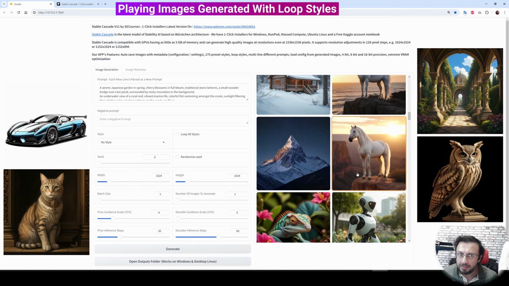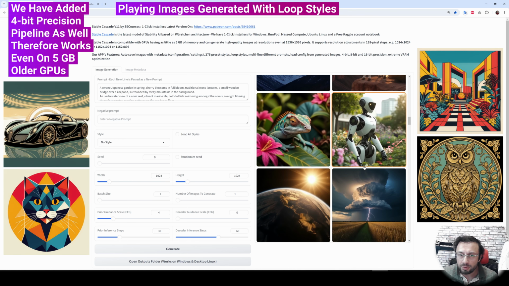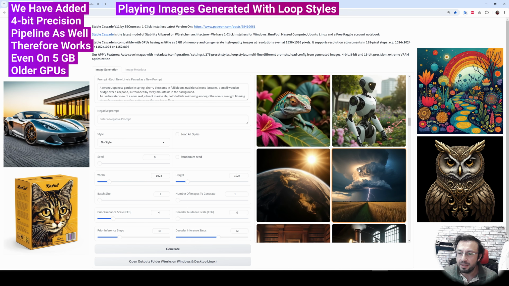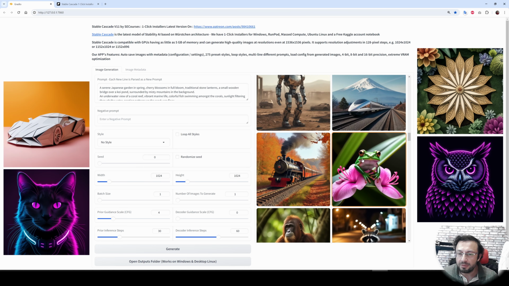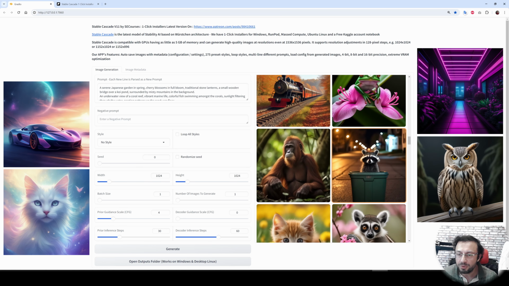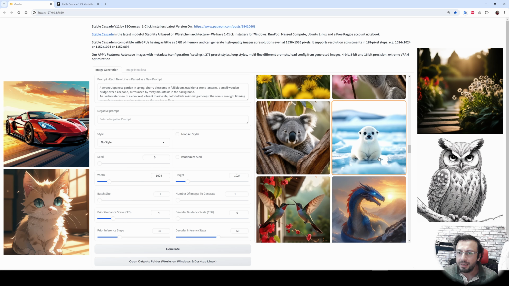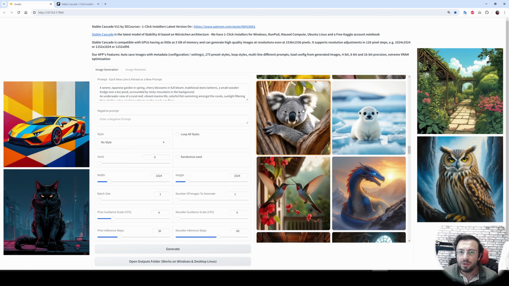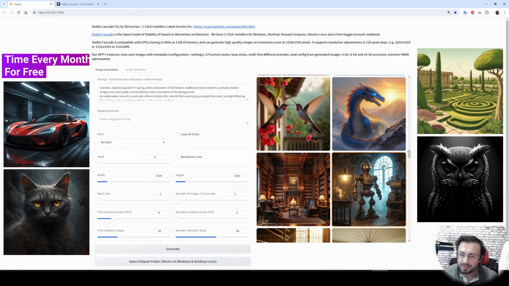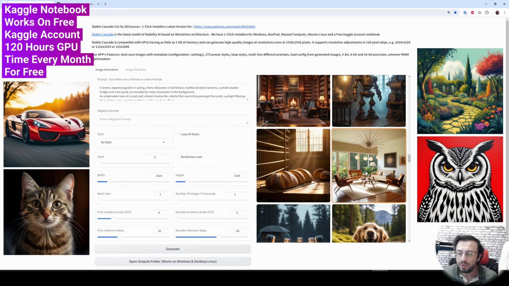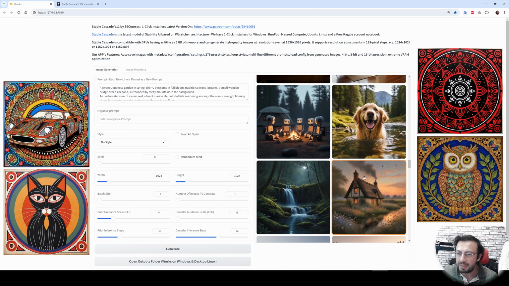We have developed an amazing Gradio application for this model. So this model right now works on even 5 GB VRAM GPUs, even on older GPUs. Therefore, even if you have a low VRAM GPU, you will be able to use this amazing model both locally, and if you don't have any GPU, you will be able to use it on cloud. Because we also have cloud installers, we also have a Kaggle notebook, so you can use this on your computer or on cloud as you wish.